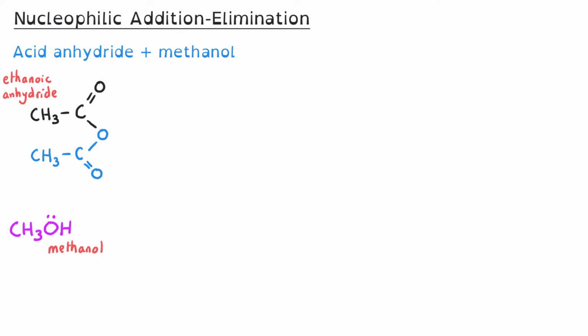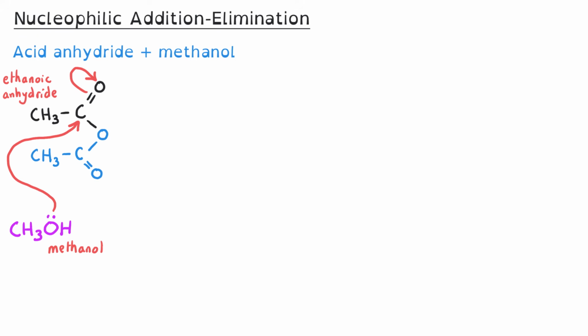Acid anhydrides undergo the nucleophilic addition-elimination mechanism in the exact same way as acyl chlorides. Firstly, the nucleophile uses its lone pair to form a new bond with the carbonyl carbon, and it attacks it because the attraction is there between the partially positive carbon and the nucleophile. The electrons in the double bond are then taken partially by the oxygen, so that double bond is broken and